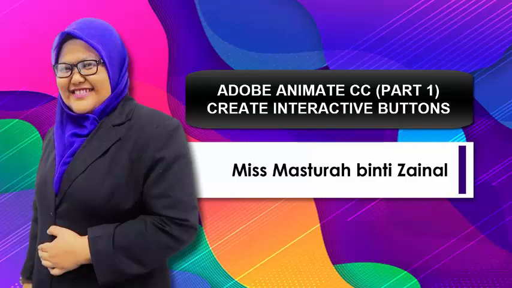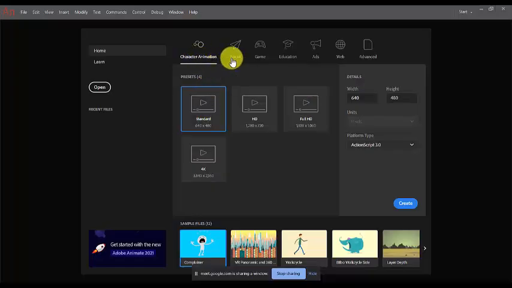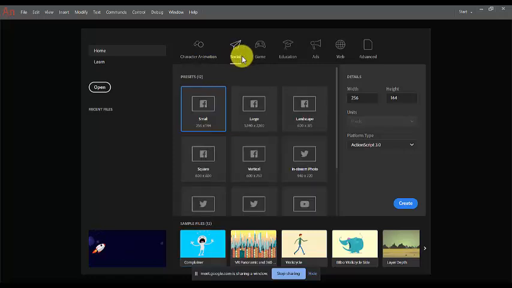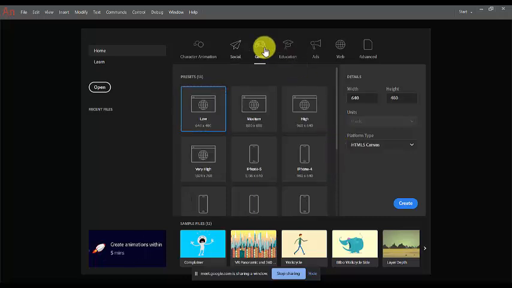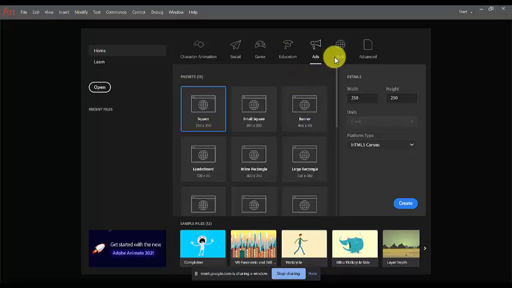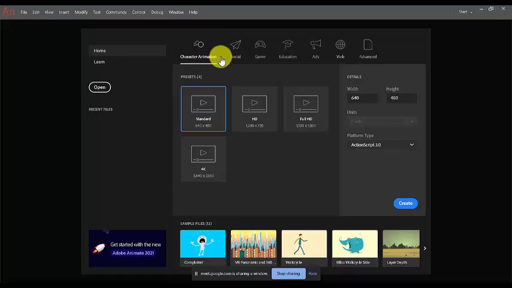Okay, so Adobe Animate, you can create character animation for social. Alright, so when you click social, they have suggestions of templates or canvas sizes. Okay, game, if you want to make a game for phone and so on, education, ads, web and so on. Okay, so right now you just choose standard, but the standard size doesn't really fit